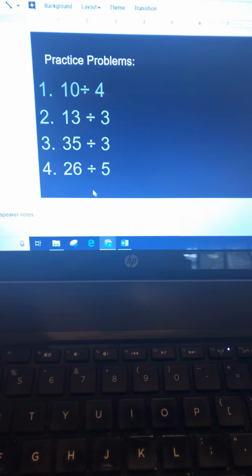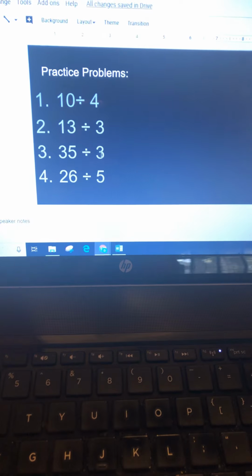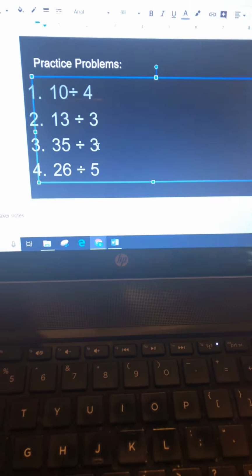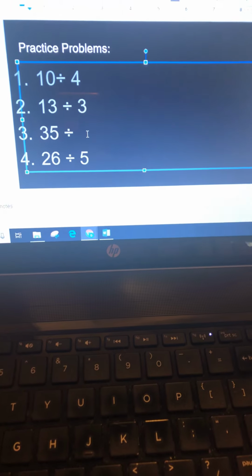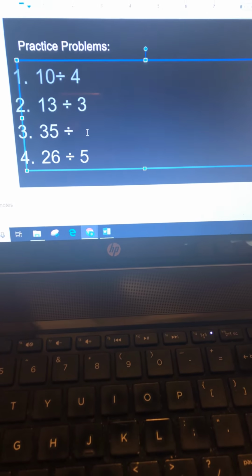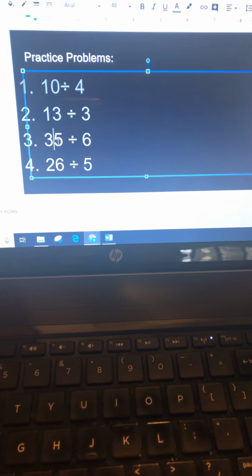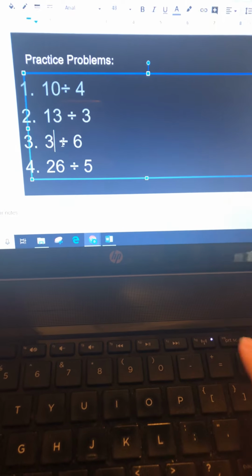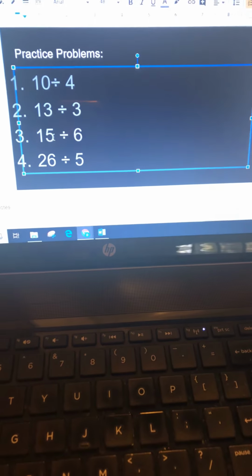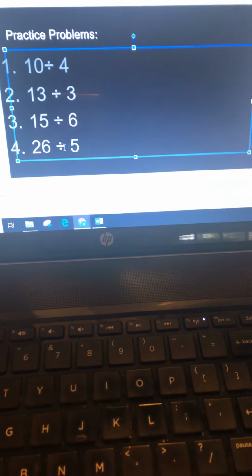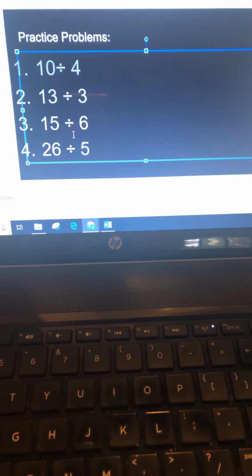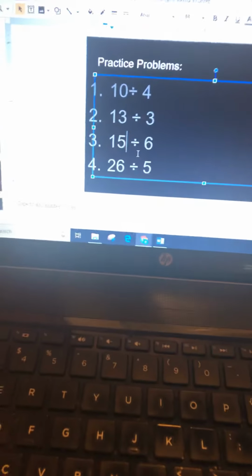In fact, for the next problem, let's lower this one down a little bit because it will take us forever. Let's try 6, and we'll do 15. So let's switch that over to 15 divided by 6. Our next problem is going to be 15 divided by 6. Another way you can do this if you don't have counters, which is what I'm going to show you right now,